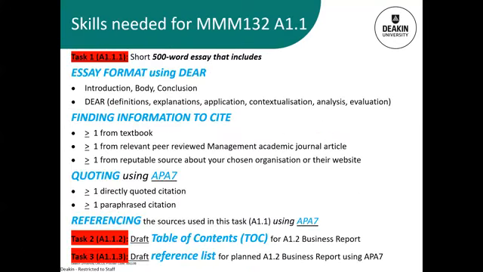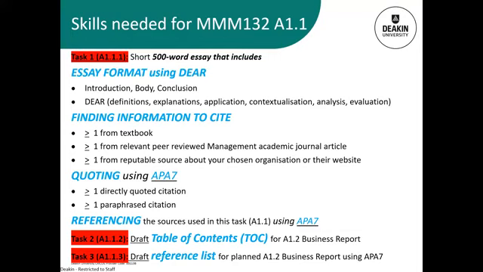So looking now at more of a focus on the skills needed for your first assignment, assignment 1.1. And remember, this is due in week 5. Assignment 1.1 is not a report. It consists of 3 tasks, okay? And the rationale behind this first assignment is to prepare you for that longer assignment 1.2, which is your business report.